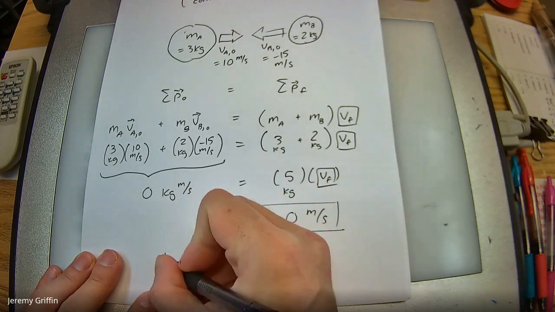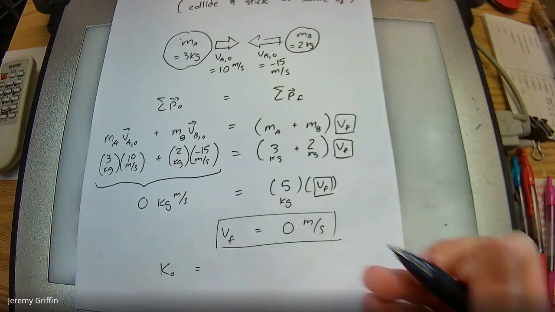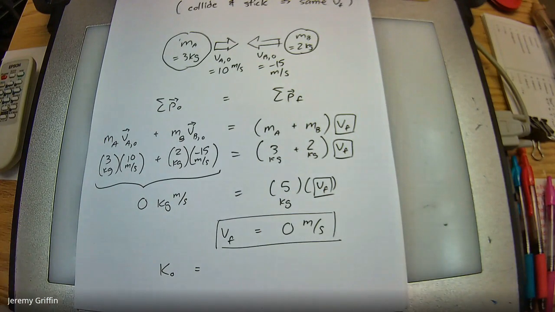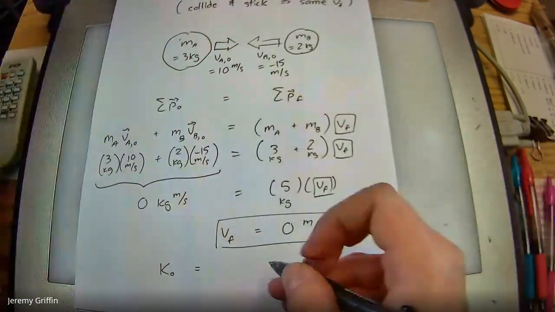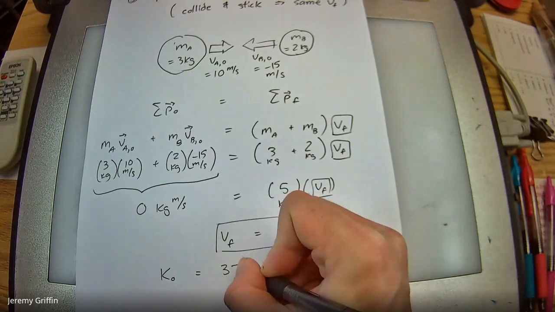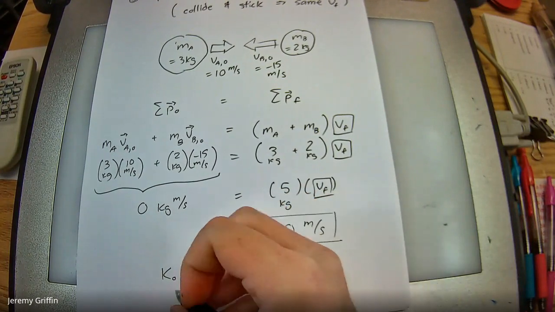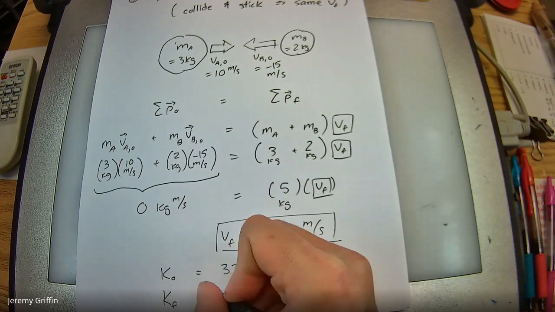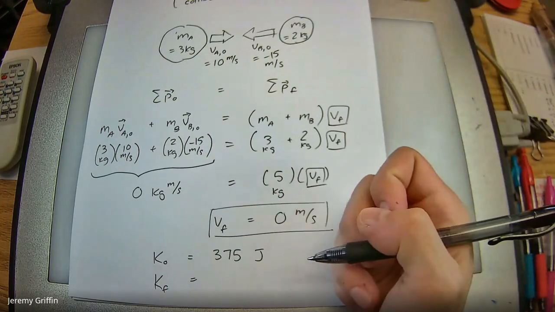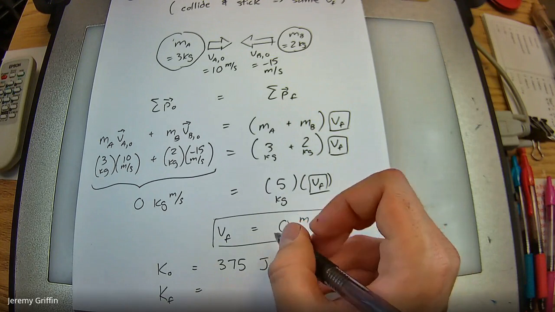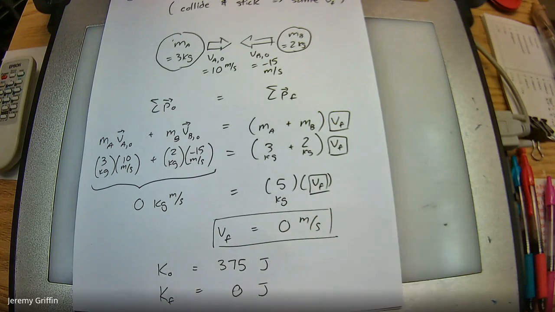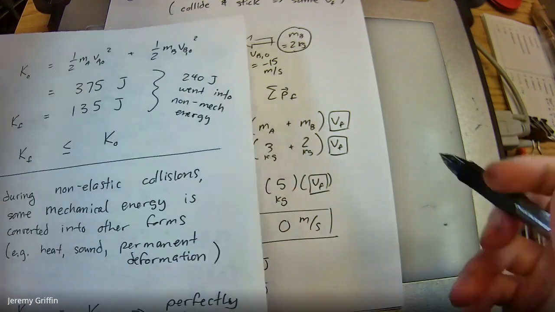Come on. Do you guys remember we ran the kinetic energy numbers on this before? Let me dig up those notes. Here it is. Okay. Got 375 joules before the collision. That would be true here also, because I'm just using the same numbers. Okay. What is the kinetic energy final for this scenario? What is 1/2 mv squared with a v of 0? 0 joules. Guys see 0 joules? Okay. Now,